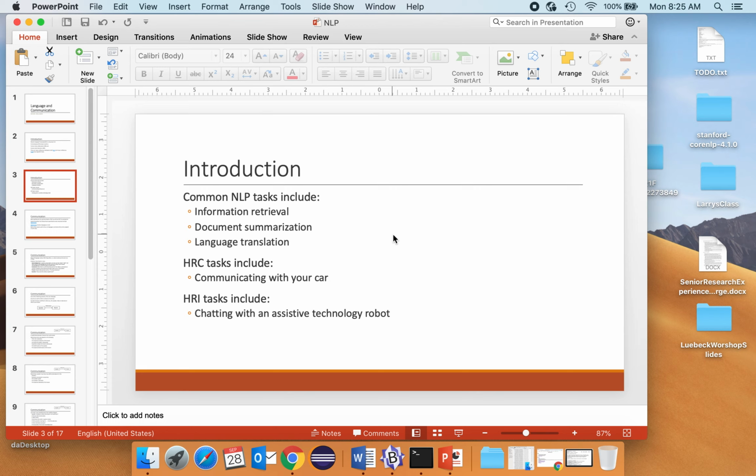Document summarization, language translation, many tasks. Human-robot collaboration. So imagine, your car is a robot, especially if you were to own a Tesla, and you communicate with it in different ways. You collaborate, solving problems such as taking an exit at an interstate that it may not have seen. Human-robot interaction is more the interactive side of collaborating or talking to a robot. They do a lot with assistive technology there, say for the elderly or for people who are ill.